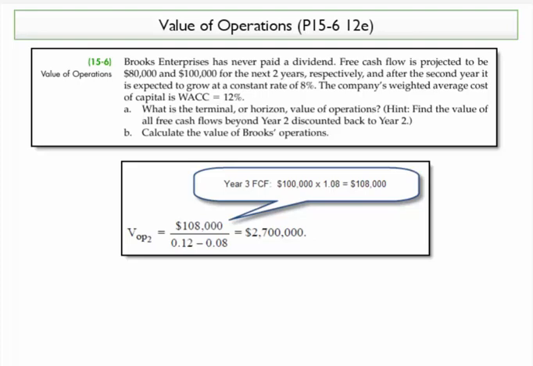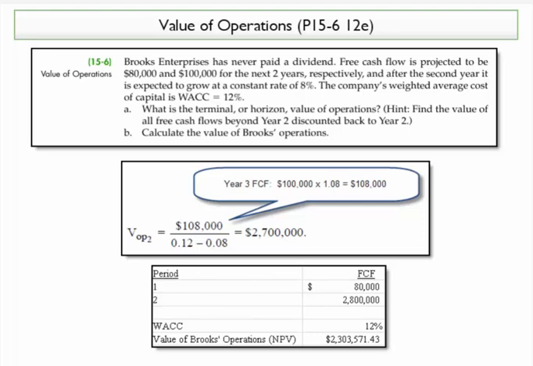Then on Part B, we're asked to calculate the value of Brooks's operations, and I've solved this using net present value. What we know is we're going to collect $80,000 free cash flow in the first year, and in the second year we're going to collect $100,000. But we also need to add the $2,700,000 of terminal value or horizon value at the end of year 2 to the $100,000 to correctly determine the net present value of Brooks's operations, or the net present value of all the free cash flows. And when we do that, we come up with